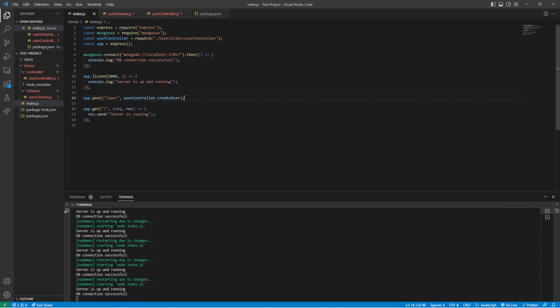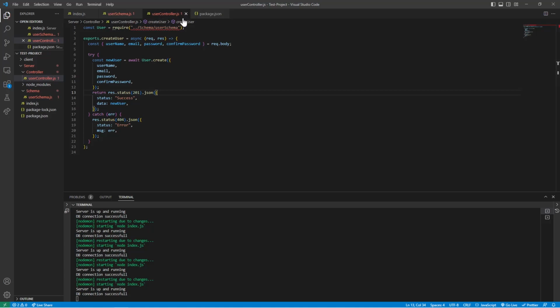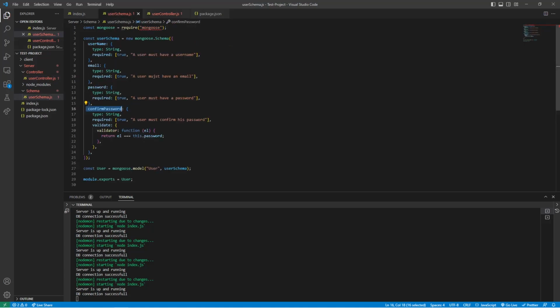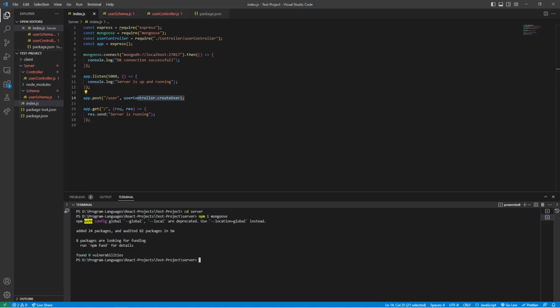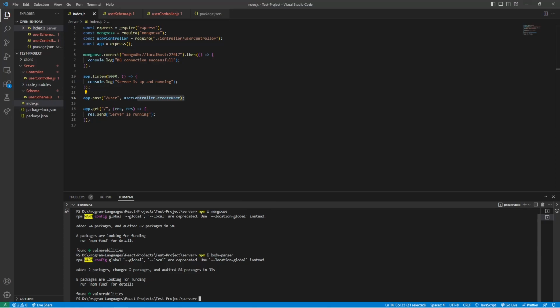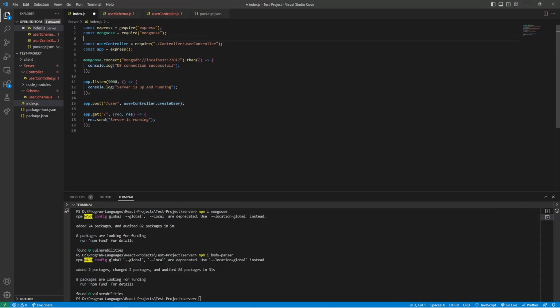Guys, one quick thing: this won't work right now because I haven't declared any middleware that will parse the body. You can use express.json, but I like to use the body-parser package, so I'll just install it with npm i body-parser. Our body-parser package is installed, so we'll import it into our index.js. So const bodyParser is equal to require